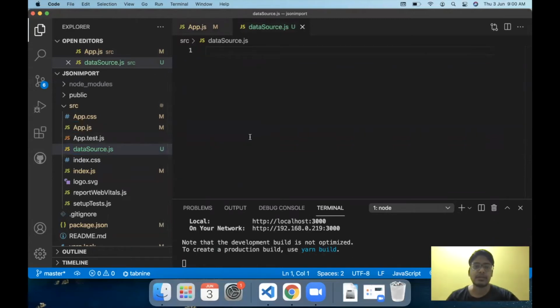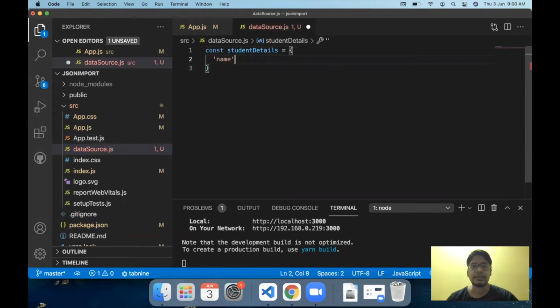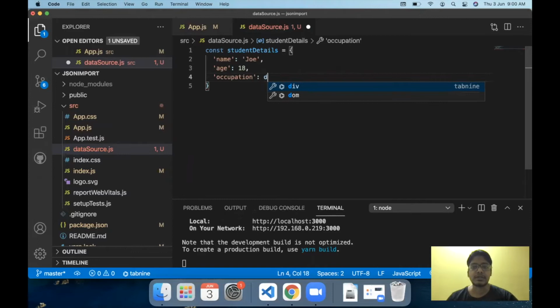And let's say I have an object defined here, called studentDetails. In the studentDetails, let's say I have the name of the student, for example Joe. The age of Joe, let's say 18. And we can also have an occupation. Let's say Joe's occupation is developer.